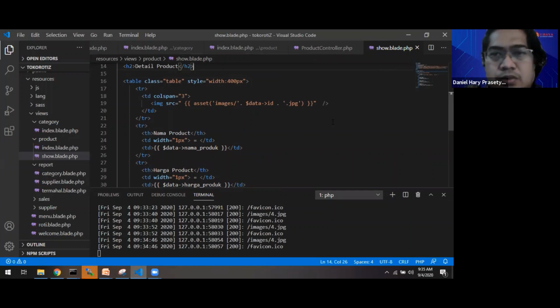The resource routing will automatically add the slash object slash the ID routing, and it automatically uses the show function in the object controller. In the show function, the object will be filled with the full data of the record. So in the view, it can be instantly put in the view.